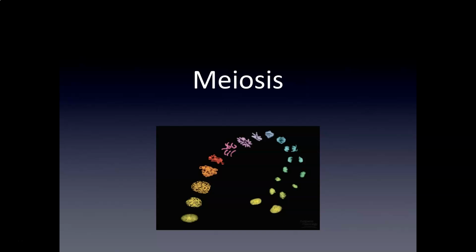So today we are going to start talking about the process of meiosis. When we talked about cell division in the last section, we talked about three major reasons that cells might divide and make more cells. And we talked about mitosis in us as humans being there for growth and repair.